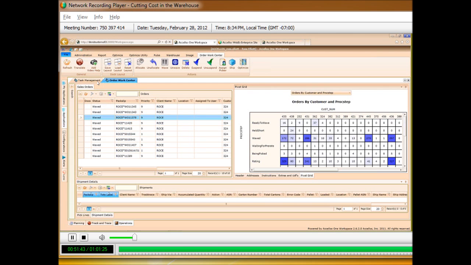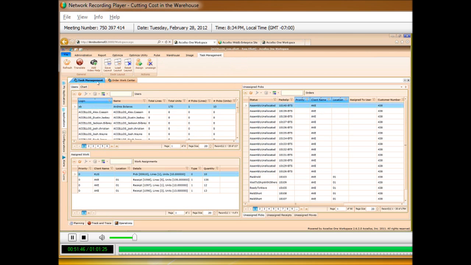You saw that part of the way that you gain advantage in the warehouse is through task management. One of the things that our warehousing system has not necessarily been that well known for is task management. With the most recent release that's coming out, as you can see, we have a full task management system that allows you to look at picks, receipts, moves, and simply by grabbing one that's unallocated, we can drag it over to the appropriate place that we want it,